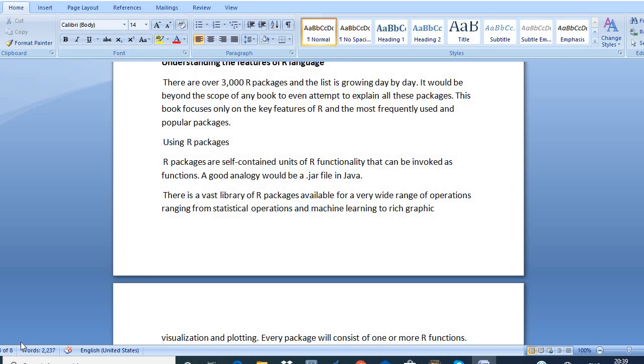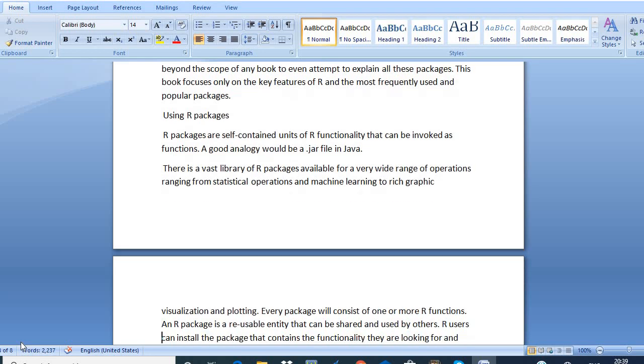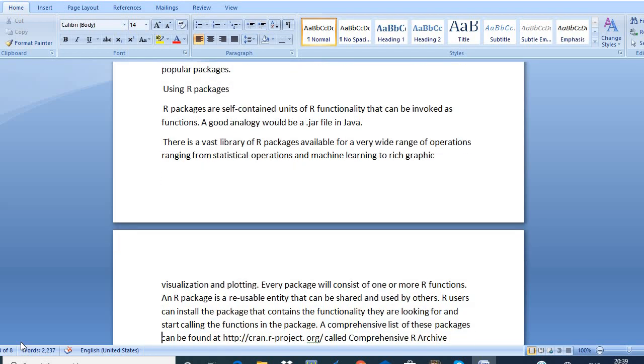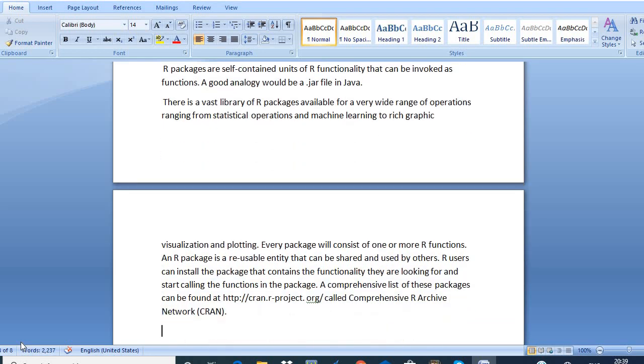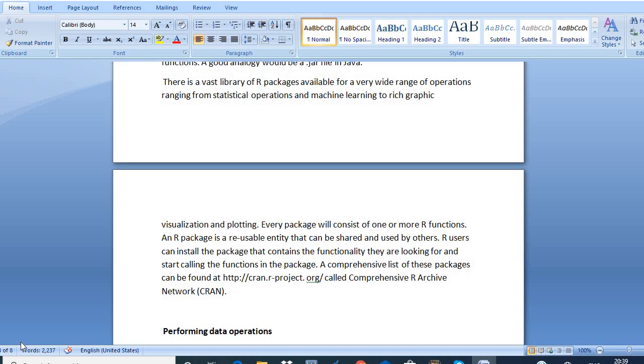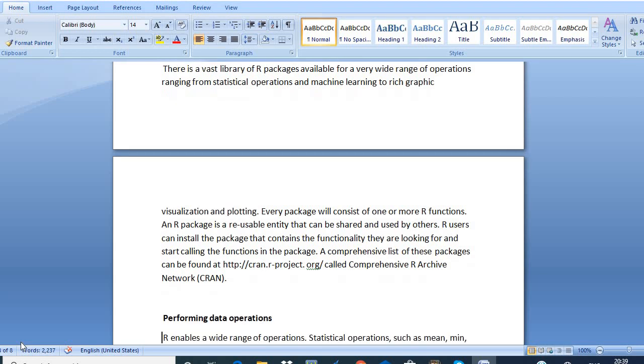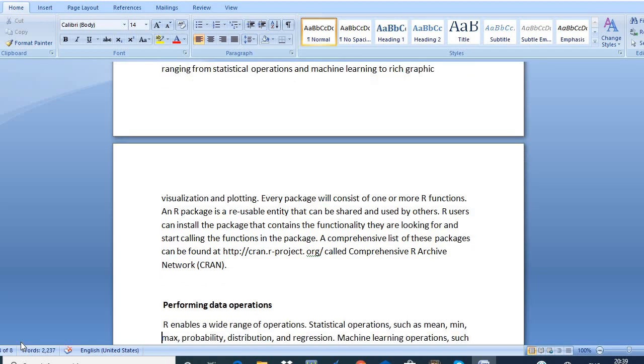There is a vast library of R packages available for a very wide range of operations, ranging from statistical operations and machine learning to rich graphic visualization and plotting. A list of these packages can be found at the Comprehensive R Archive Network, known as CRAN.